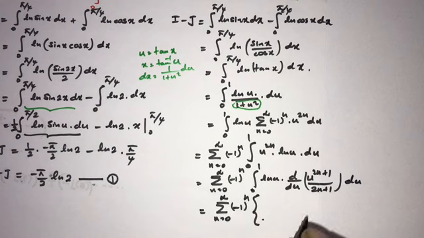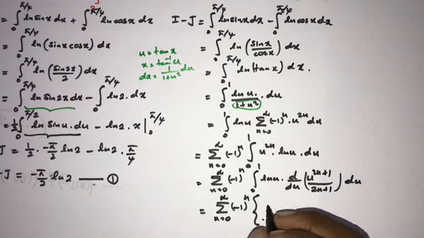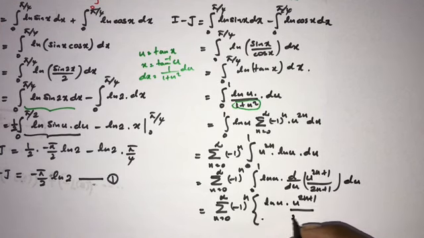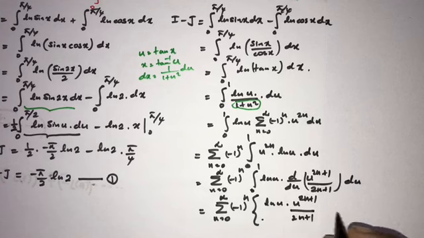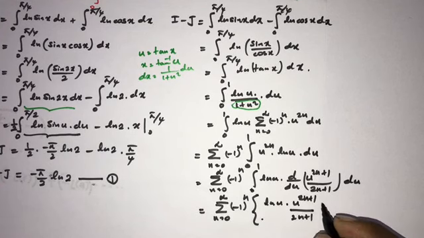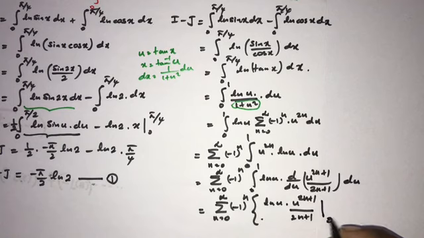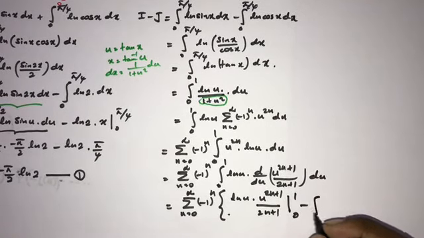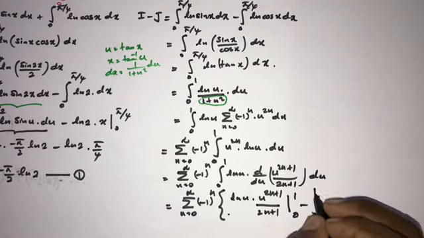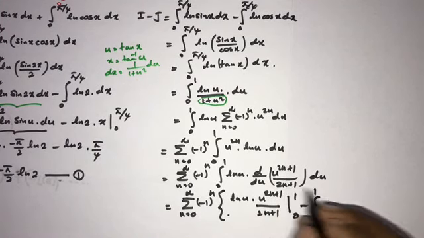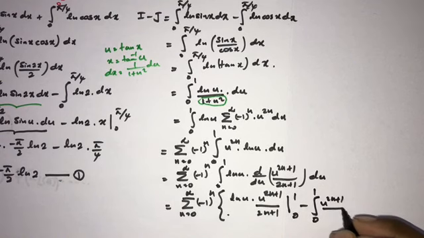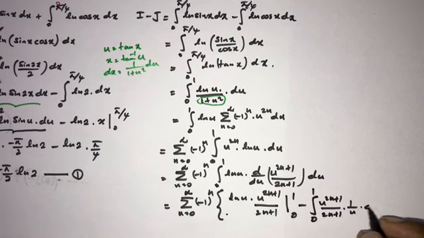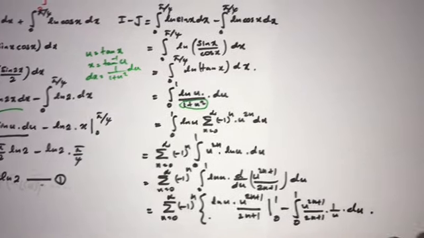we can write now product of these two functions. So natural log of u times u to the 2n plus 1 over 2n plus 1, limit 0 to 1, then minus integral sign, here integral from 0 to 1. Now rewrite this function. So u to the 2n plus 1 over 2n plus 1, derivative of first function, so 1 over u du. Okay, then